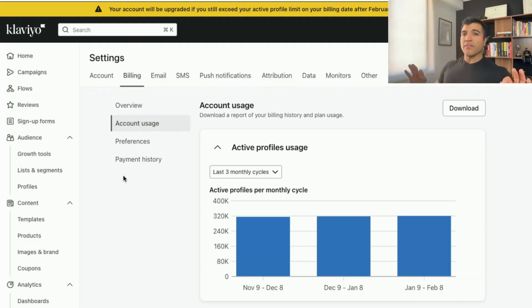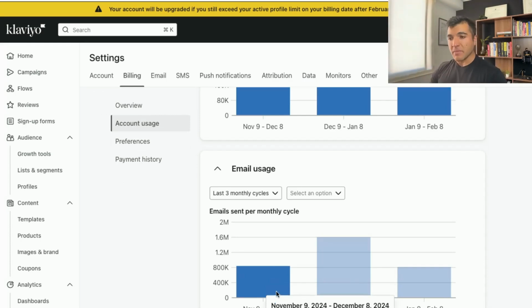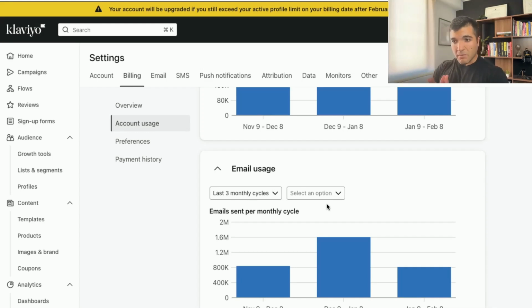Because the last thing you want to happen is for a campaign to get stalled because you didn't have enough profiles to send emails to. It has happened before and it's not a nice thing. But in any case, I would recommend having a reminder every month. Go back to this screen and see how many emails you've been sending on average in the last months. So then you know exactly how many emails you're sending and you can choose the most appropriate plan for next